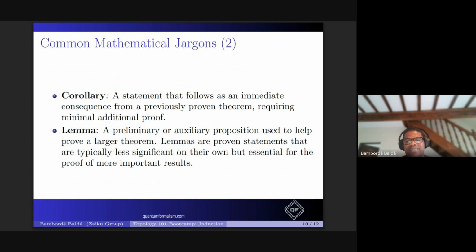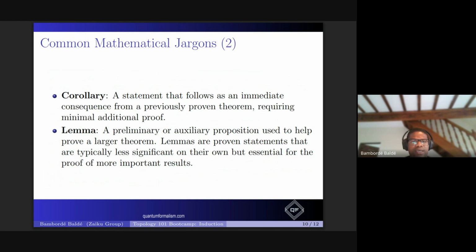On the other hand, there is the other side of things where you want to prove something, but you need something before that, before you prove the bigger or more difficult thing, which is a lemma. A lemma is basically an auxiliary thing, a helper, that enables you to go and prove a theorem. You will see this very often in textbooks.